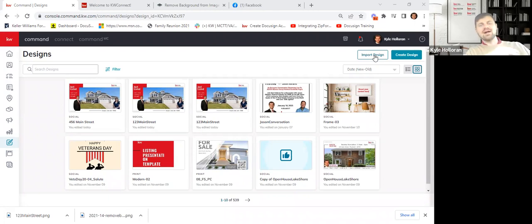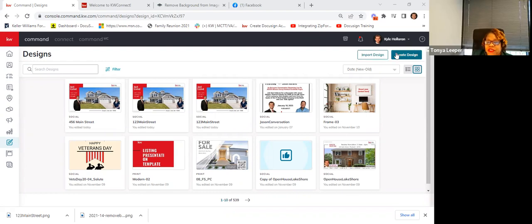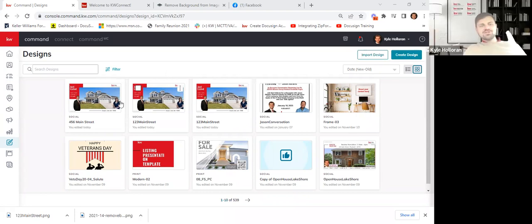We don't have all the same fonts and text, and so it tries to match things and just doesn't look the same. Just go to Canva and edit it there. I don't see the reason that we're going to import designs back and forth. Once you do that, then you just come back and add it to your assets. If I made the same post in Canva, I would download it from Canva just like I did from designs, and I'd upload it onto my Facebook. Same thing, right? Downloading it to my hard drive.